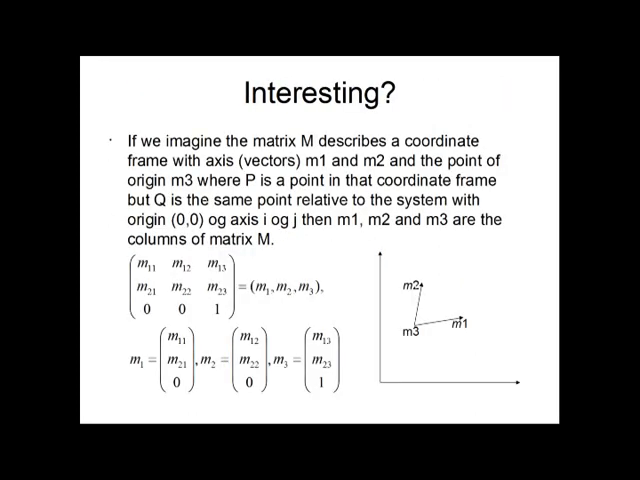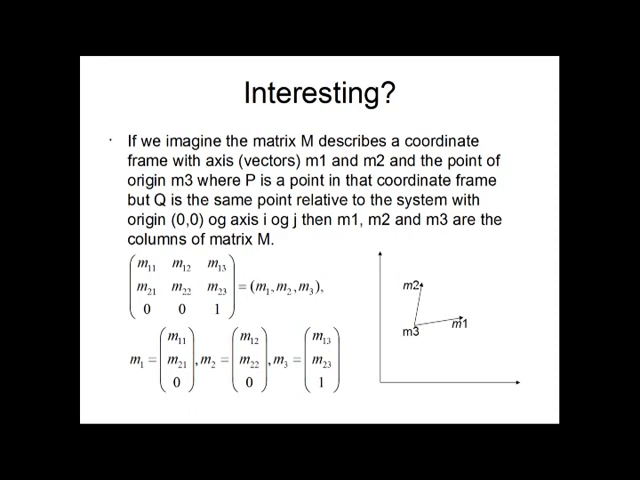Here's an interesting way as well to look at the transformation matrix and the columns of the transformation matrix. If we take a coordinate frame, an arbitrary coordinate frame, with some point of origin, M3 here, and axes M1 and M2,